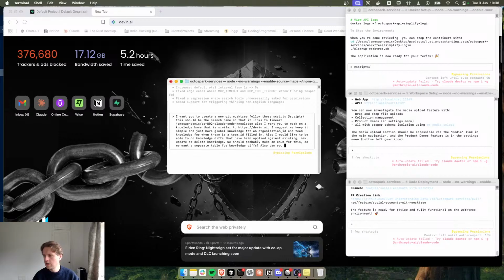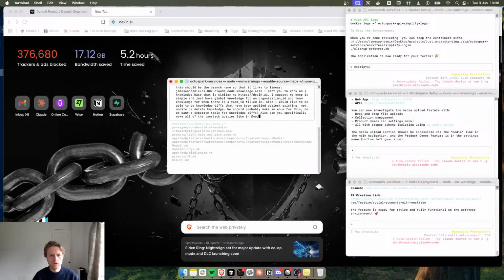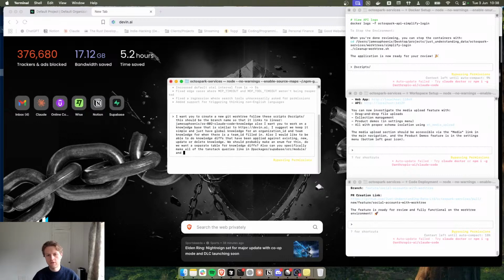Also, can you specifically make all of the TanStack queries like in a module? And also, can you create a new navigation menu route